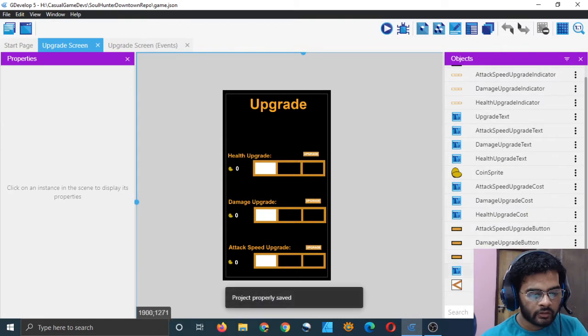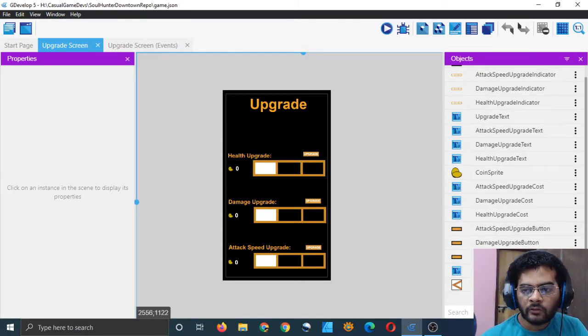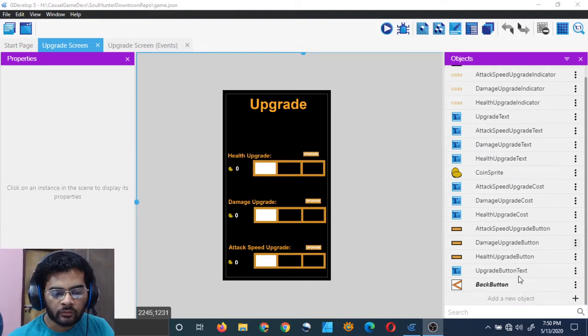See, the object is there. No matter where you create any object, you won't be able to see it. Yeah, now you can see it. So you can see that this object, back button, which we created in the layout is here, and it's written in a different color. I mean it's italicized and a little bold. I created it in an external layout, but I actually did not need to do that.